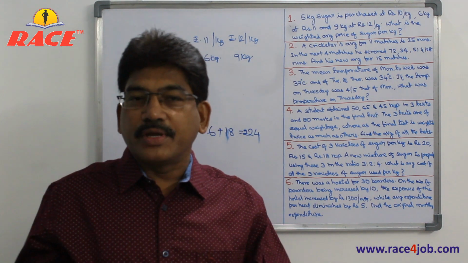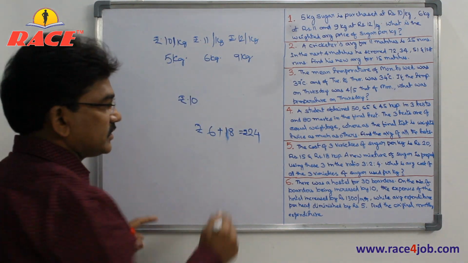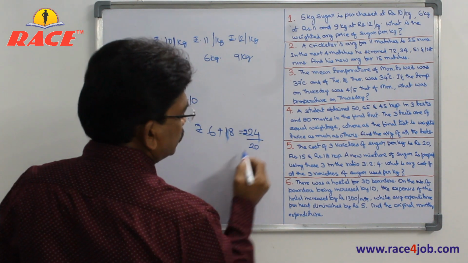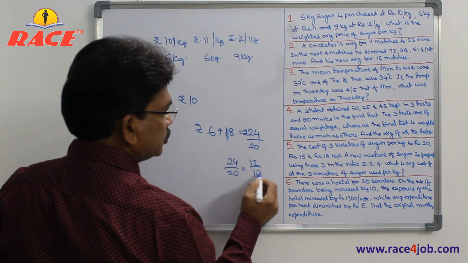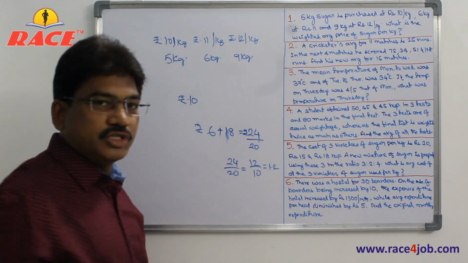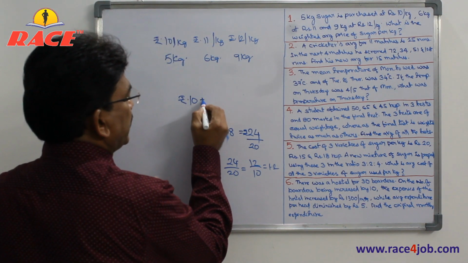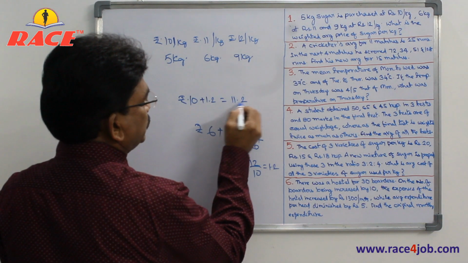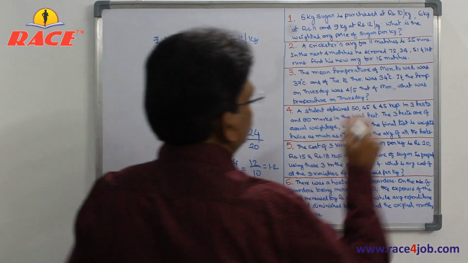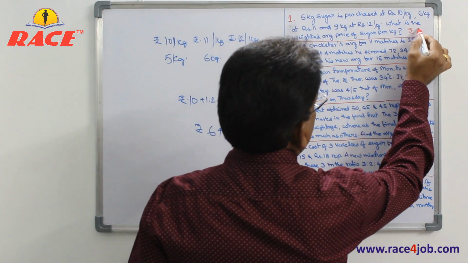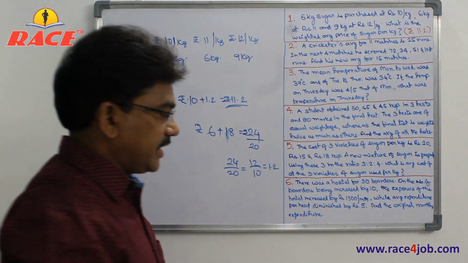So this 24 rupees, let us divide to all 20 kgs. So what is each one? 24 by 20 means easy way is make it half, 12 by 10 is 1.2. So this 1.2 divides to each kg. So already it is 10 rupees plus 1.2 extra. That means 11.2 rupees is the average price, is the answer. So it is 11.2. Fine?